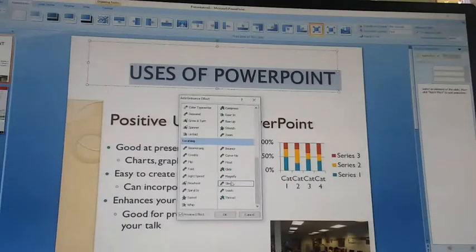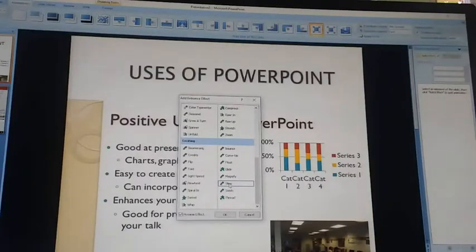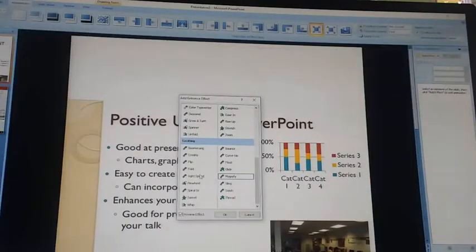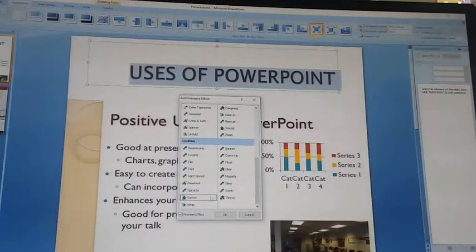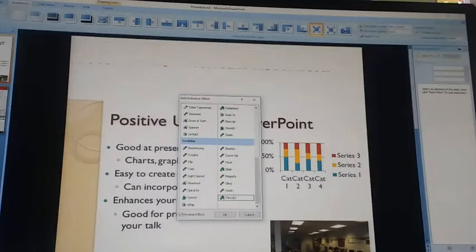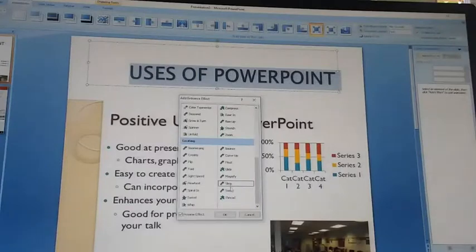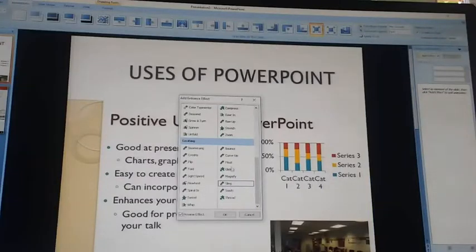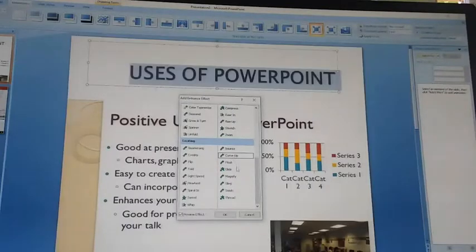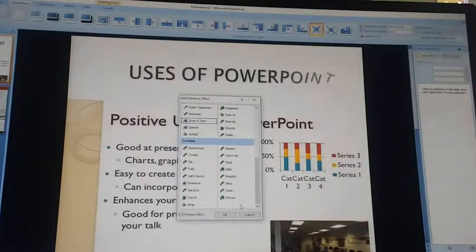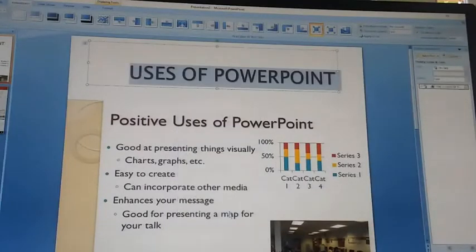Or design, just see. And then OK, click.